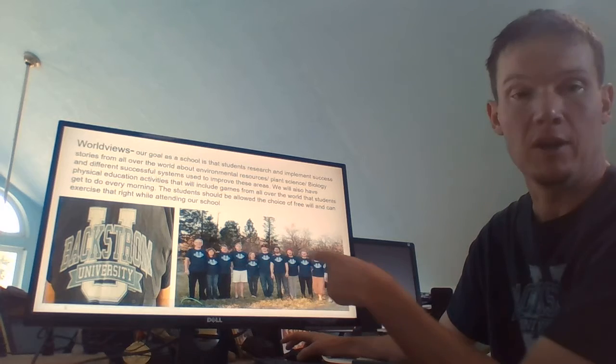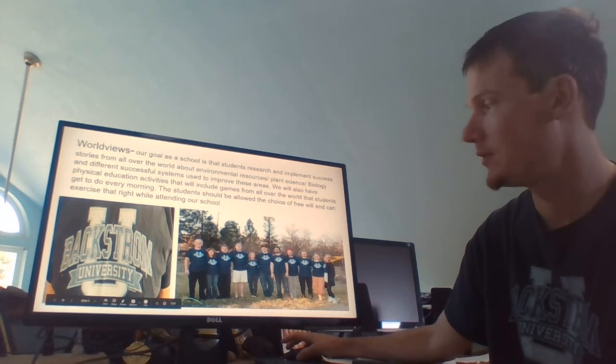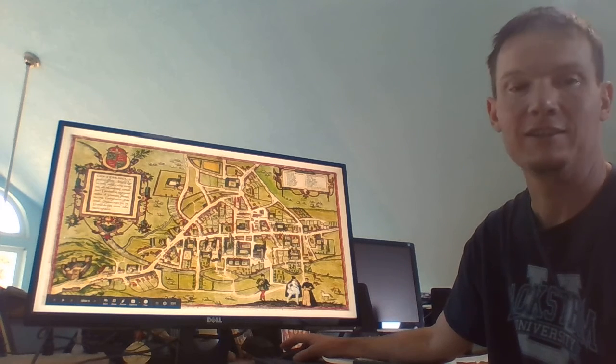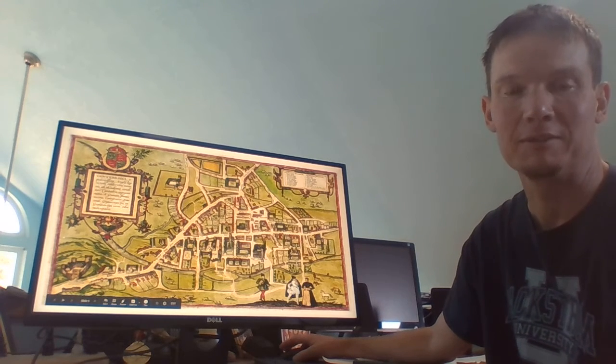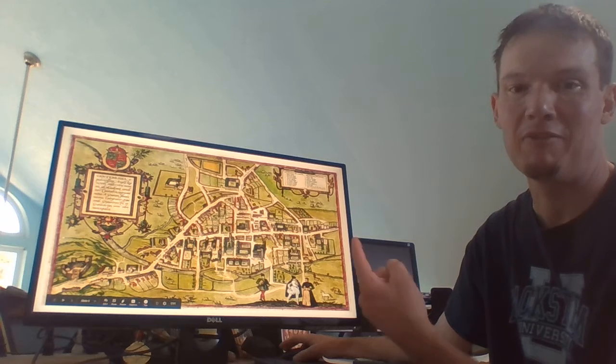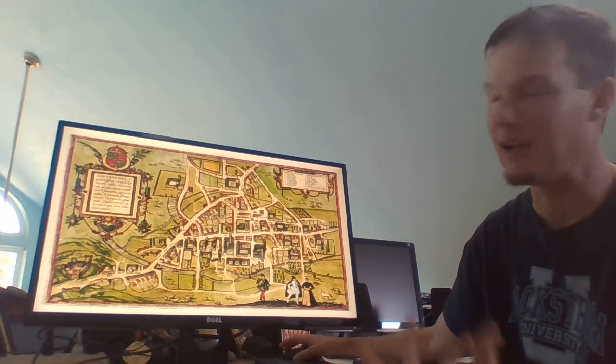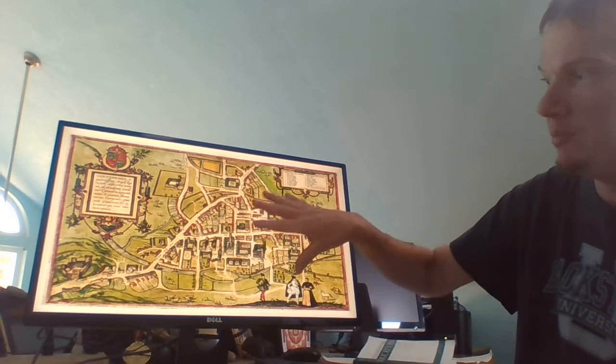And this is my family all wearing our shirts when we got them 7 years ago, or 6. So I didn't get on a program to design my own school, but I found this really cool picture of a school back in the Renaissance, and I thought that would be kind of how my school would want to be,